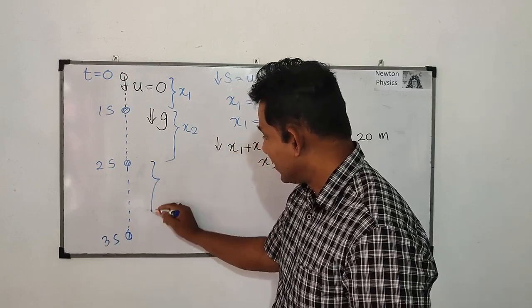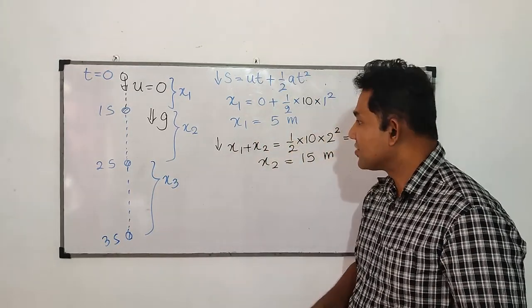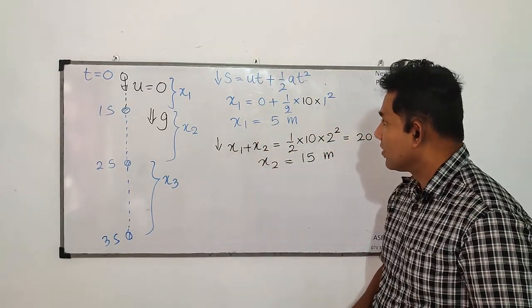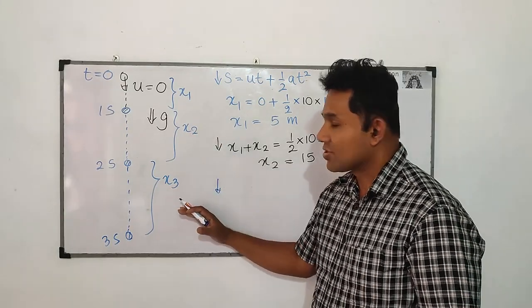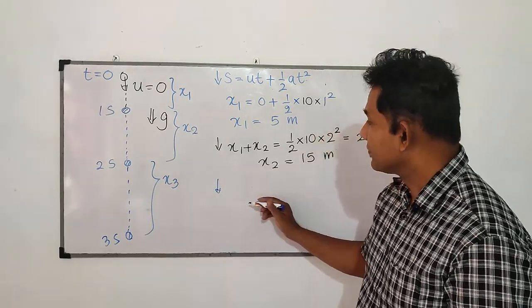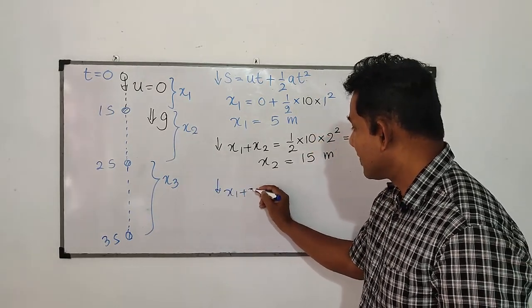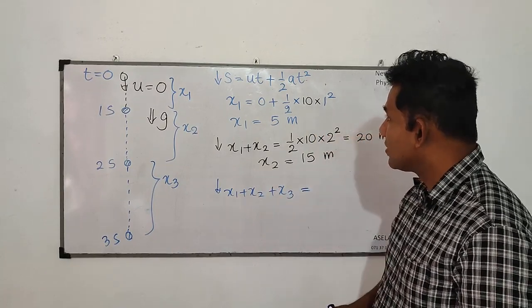I am taking the distance fallen here as x3, and again I am using the same relation to find x3, considering the motion until the end of 3 seconds, and x1 plus x2 plus x3 becomes